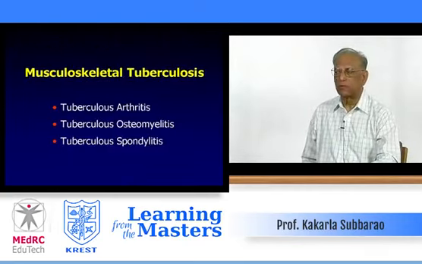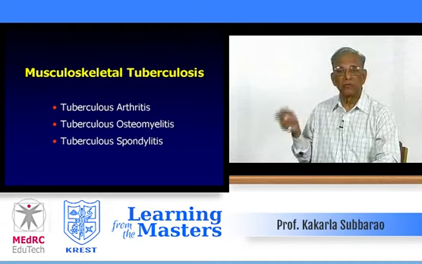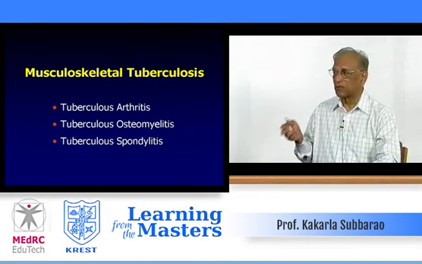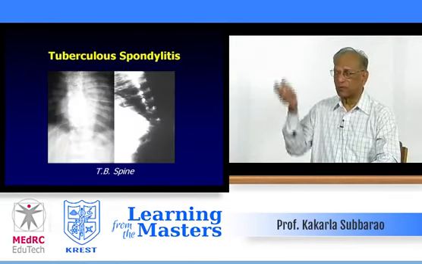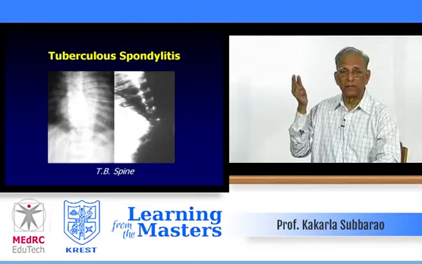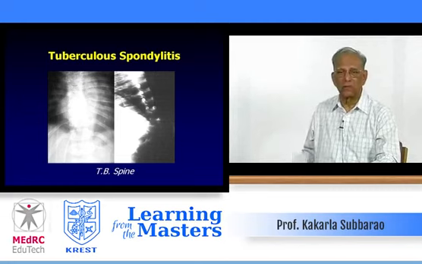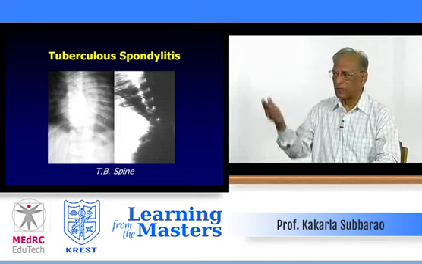Now we come to the musculoskeletal tuberculosis. In the musculoskeleton, arthritis is more common than bone involvement. Tuberculous osteomyelitis you can get. Of course, tuberculous spondylitis, as I said earlier, 70% of the time it is more common in the axial skeleton, characteristically in the thoracolumbar junction. And you could see in the